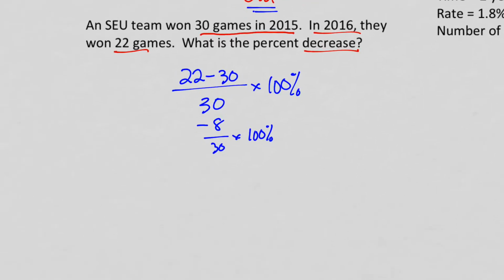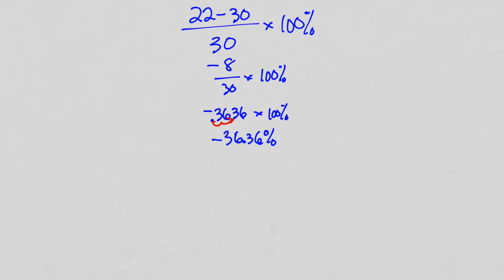And then that gives us negative 0.3636. And so that's not the answer because you got to convert it to a percentage. So we're going to move that decimal to the right 2 places and get negative 36.36%. Now, even though this is the correct answer, in my lab,